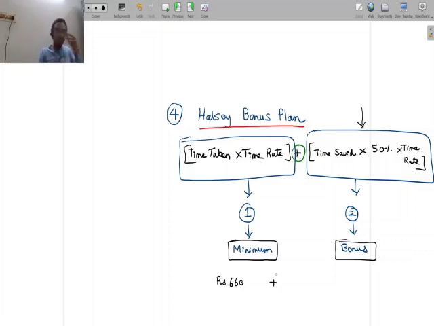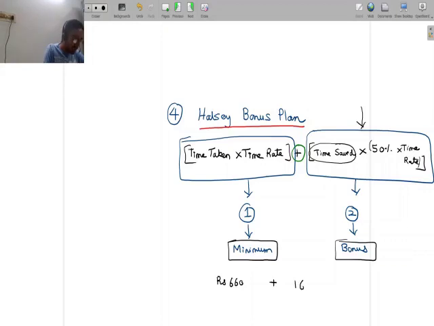So we saw it was calculated in a different way when the Rowan plan was taken. Halsey is suggesting a different way. Halsey is saying whatever time is saved, out of that take 50% of the time saved and offer the time rate for that. Or the other way you can understand is, 50% of the time rate you can take for whatever time you have saved. For the time saved, pay the worker for every unit of time saved at 50% of the usual time rate. So for the time taken, multiply that with time rate, pay him, and for the time saved, pay the worker at half of the wage rate. So that's the way you understand.